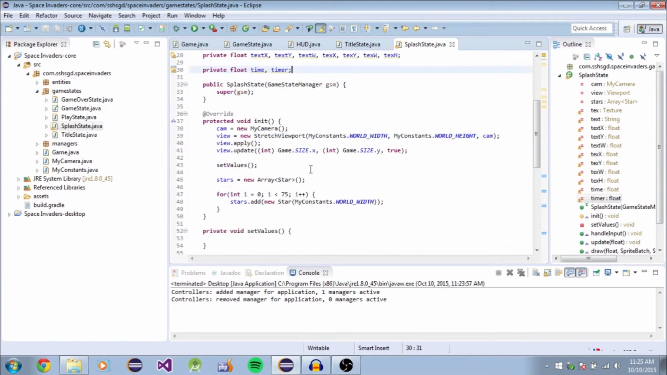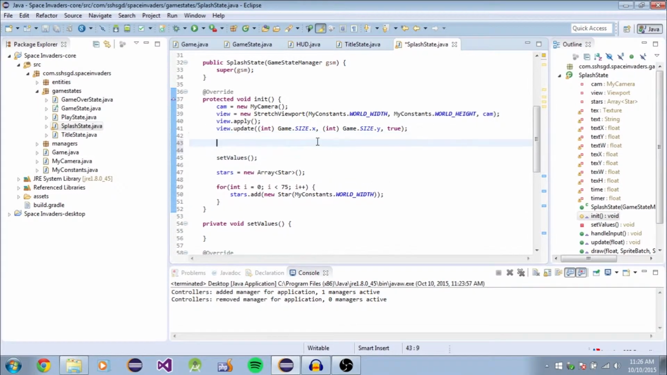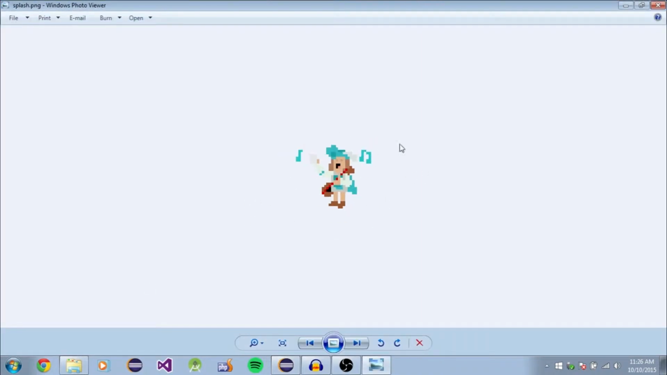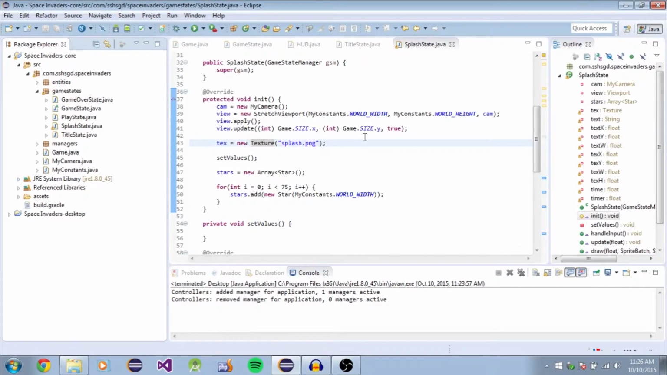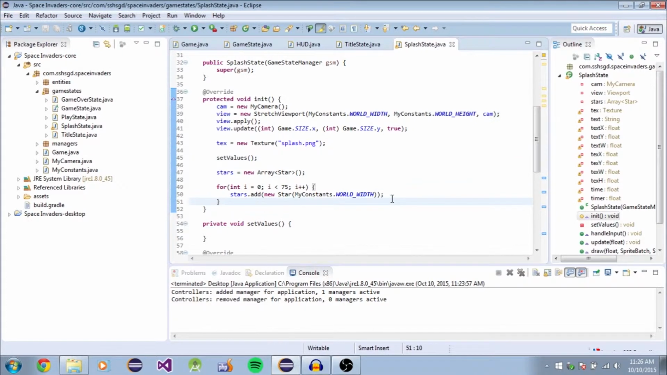Alright, so in our init, we're going to go ahead and do, actually up here, text equals new texture splash.png. I keep forgetting to put that T there for some reason, which would be this image right here. It's very similar to this one except for bigger. Alright, and timer is, this is going to last for 5 seconds, and the time will be, start off with 0,